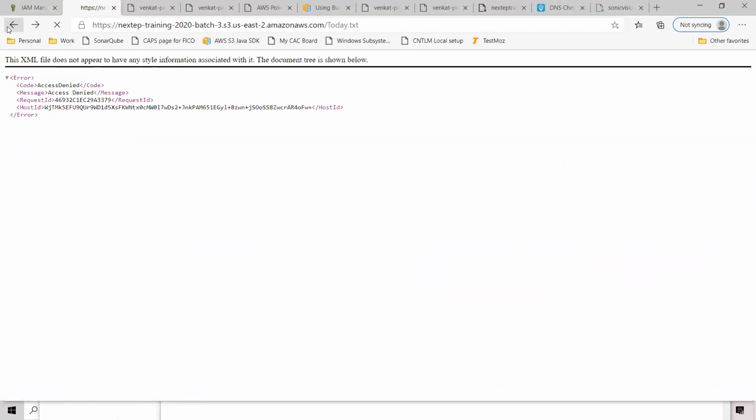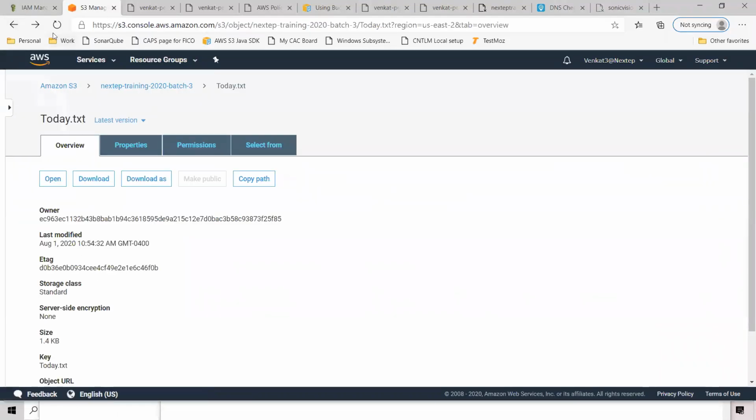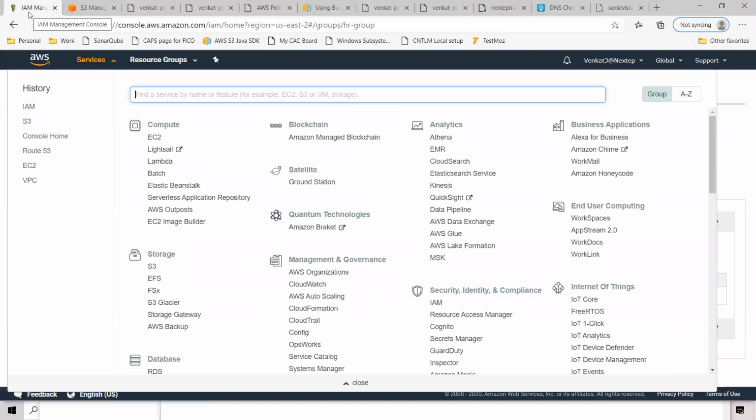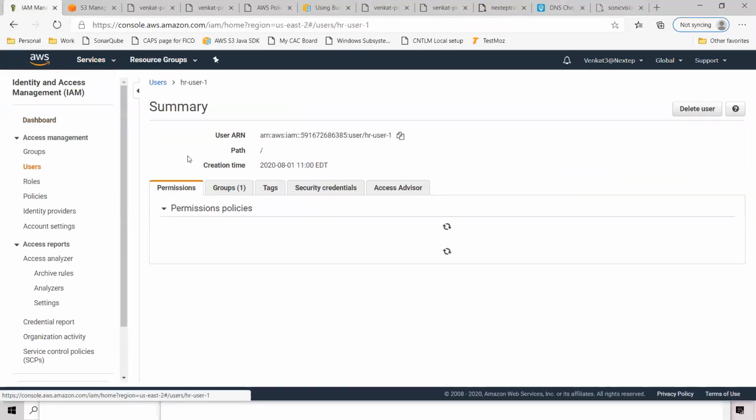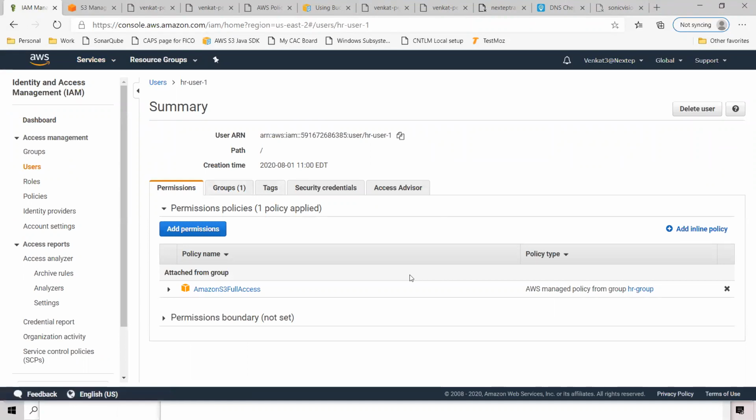It is access denied for public people, but for our user, go to IAM. We have one user. See this one? He has got Amazon S3 full access. How is he getting Amazon S3 full access? Through the group, because he belongs to a group and the group has this particular policy attached to it.